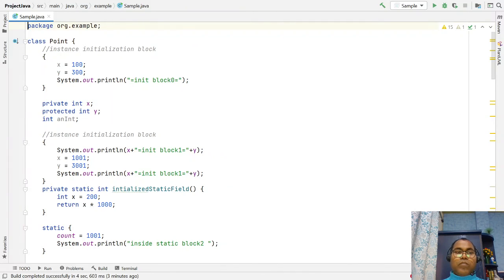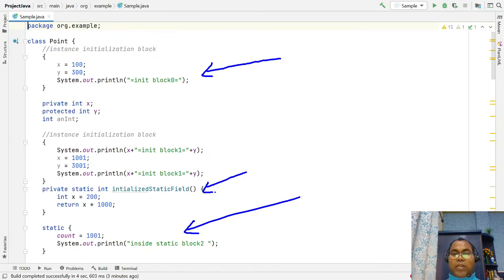So now it's clear what the meaning of your instance variable initialization is, and this is your static variable initialization. When you want to initialize your static data member, you can use a static block, or you can use a private static method as well.